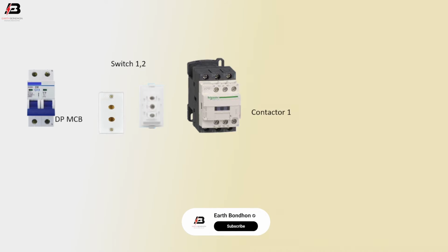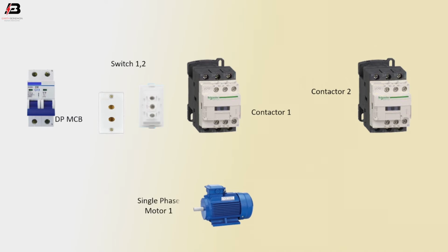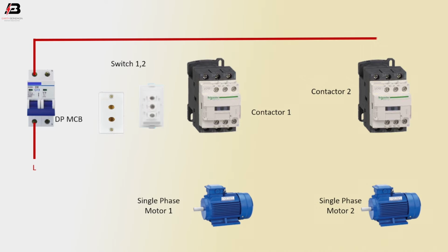So viewers, let's start. Double pole MCB circuit breaker, switch 1, switch 2, magnetic contactor 1, magnetic contactor 2, single phase motor 1, single phase motor 2. Phase connection input to double pole MCB, phase connection from double pole MCB to connect magnetic contactor 1 and 2 L1 terminal, phase connection from contactor L1 terminal to single phase motor 1,